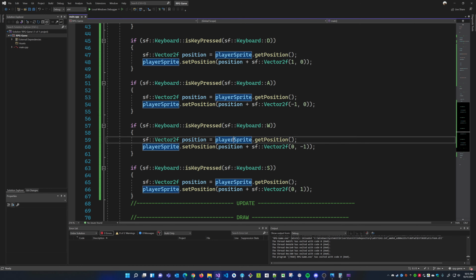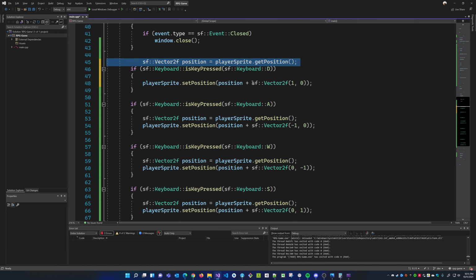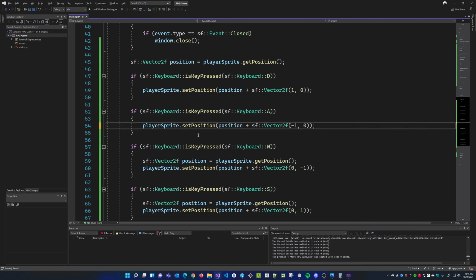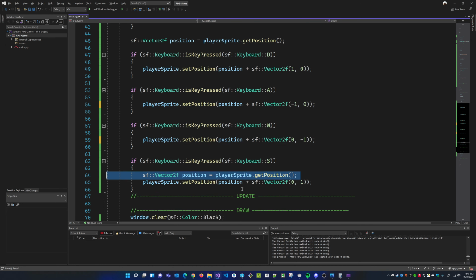Rather than duplicating this code 4 times in every if statement, what I can do is take this code and move it to the top. So I get the position first, and then if I press the D key, I move him. If I press the A key, I move him. If I press the W key, I move him. If I press the S key, I move him.